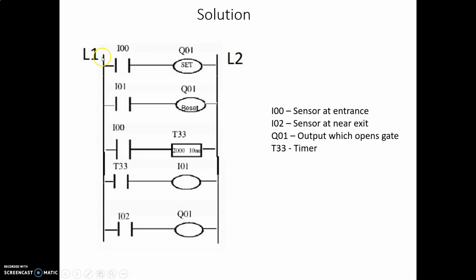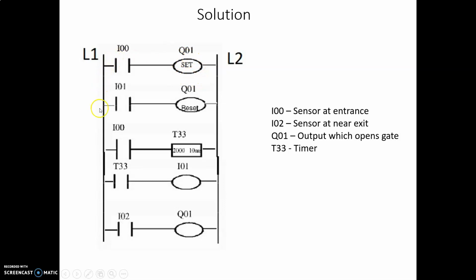So let's start. The first one shown here is I00. This I00 is an open switch, and it is connected to the Q01 output, shown here as a set. In the previous lecture we saw what set and reset mean, and this is very useful to understand here. So we will describe the terms mentioned here and then apply the logic. I00 is attached to the Q01 output, called a set here.